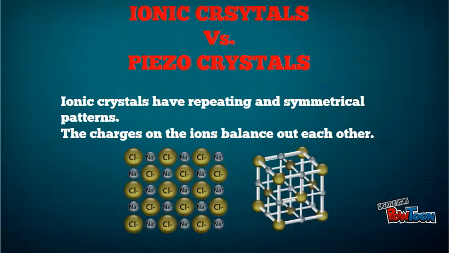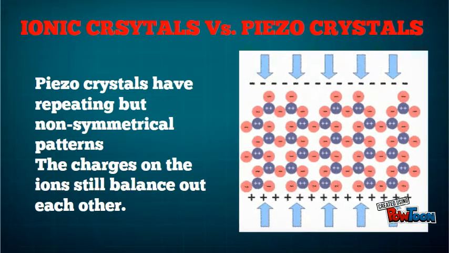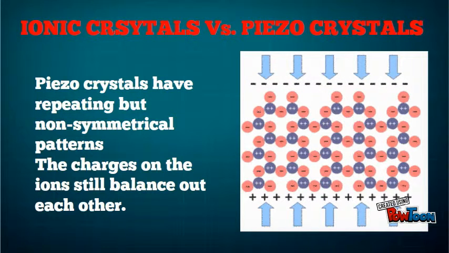In most crystals, the unit cell, the basic repeating unit, is symmetrical. For example, in sodium chloride, the positive charges balance out the negative charges. Also, the sodium and chloride ions form a repeating and symmetrical pattern as such. In piezoelectric crystals, this is not the case. Though piezoelectric crystals are electrically neutral, or the positive and negative charges cancel out each other, the atoms inside them